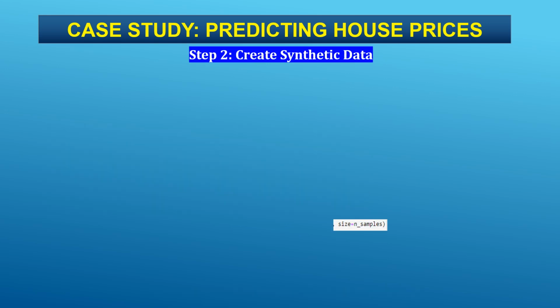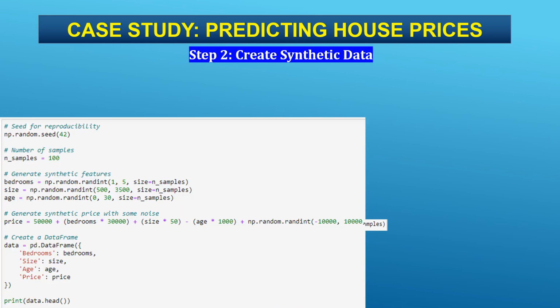Step 2, create synthetic data. We will create a synthetic dataset with random values for features like the number of bedrooms, house size in square feet, and the age of the house. Based on these features, we will also create a target variable, price. The code is: